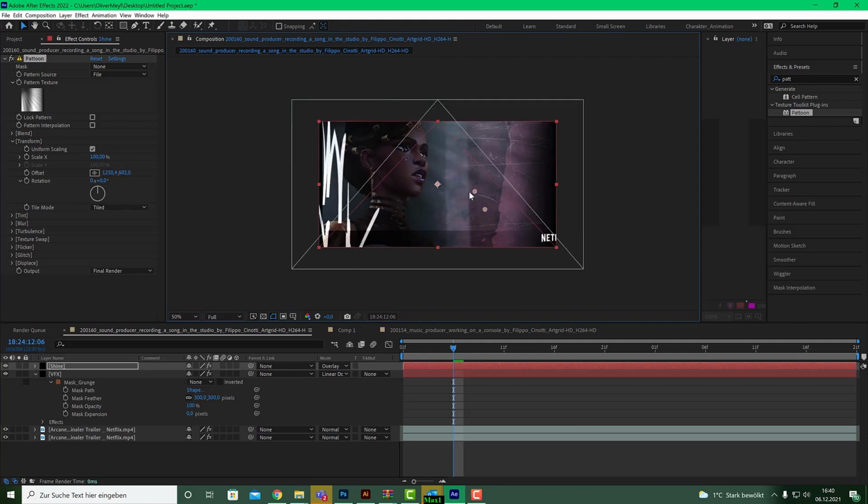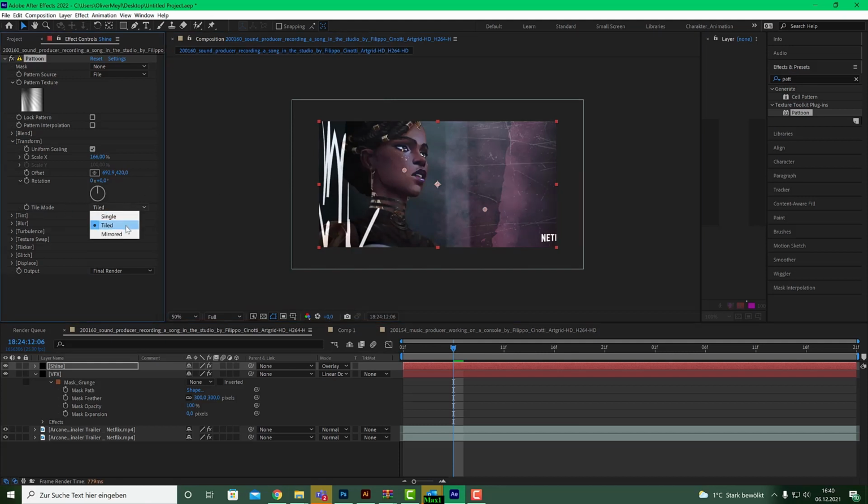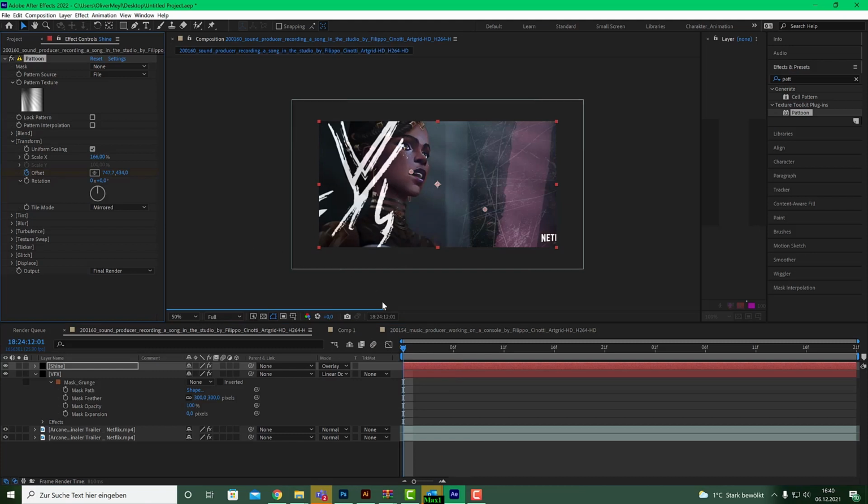And as you see, I can move that around here. Okay, and as you see, we have this corner here, and this is because of the scaling. Let's scale it up, let's say 160 for example. And if we come over here, and we don't use tiled but mirrored, and we can animate that over time. So hit stopwatch offset, go to